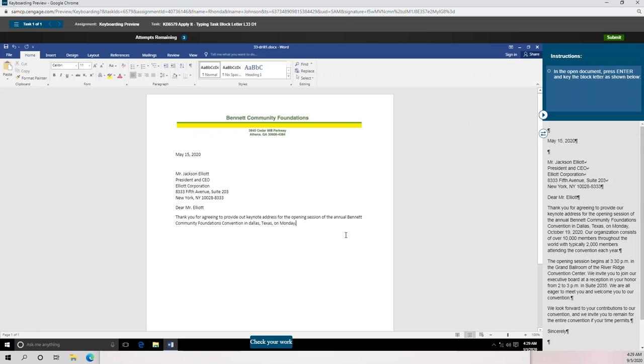on Monday, and notice after Monday, it's not telling me to hit the enter key, so I'm just going to space one time. Oh, they do have a comma there. It's not a period. That's my bad eyes. October 19, 2020. Our organization